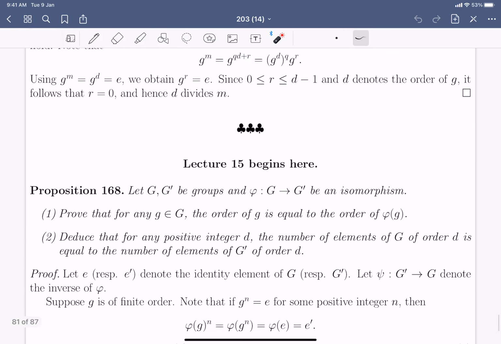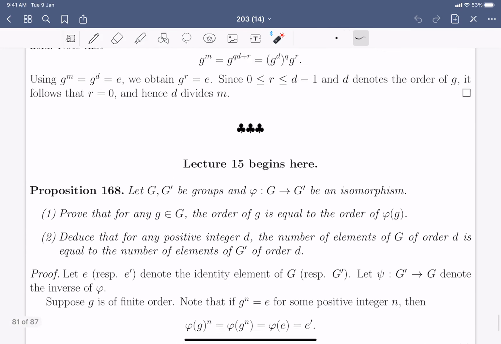That was a naive argument, and we need to have a precise version of that argument, and the precise version is here. So we look at phi(g) raised to n, that turns out to be phi of g^n, because this equality holds because phi is a group homomorphism, and we know that g^n is the identity, and phi being a homomorphism sends the identity element to the identity element of the target group. So this proves that phi(g) also has finite order, and its order divides n. So the order of phi(g) divides the order of g. And on the other hand, if you use a similar argument, it follows that